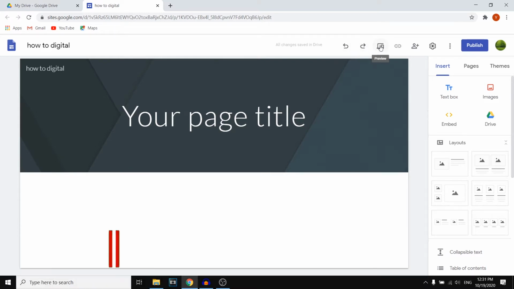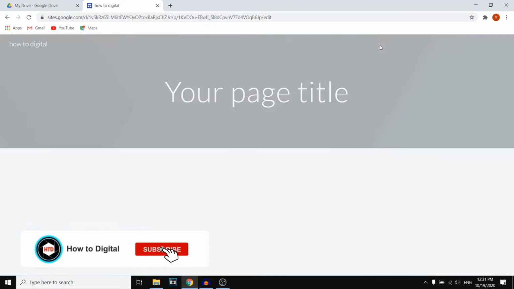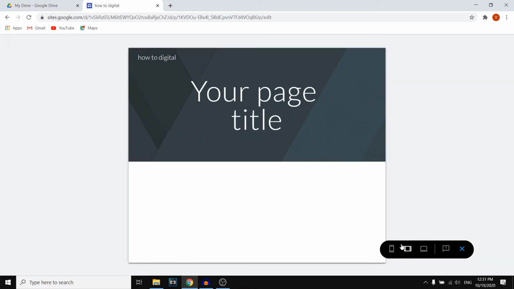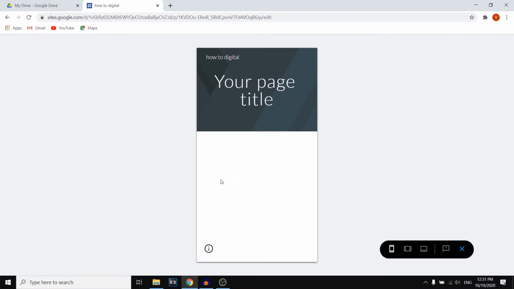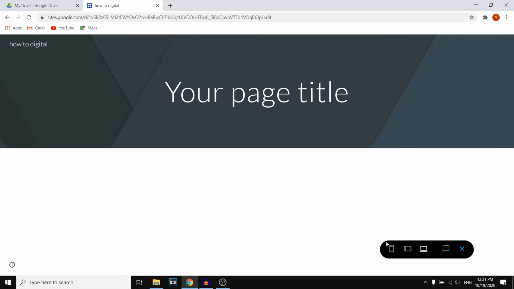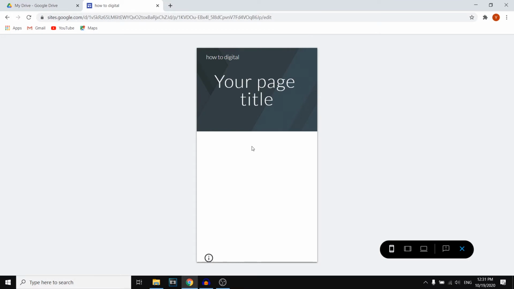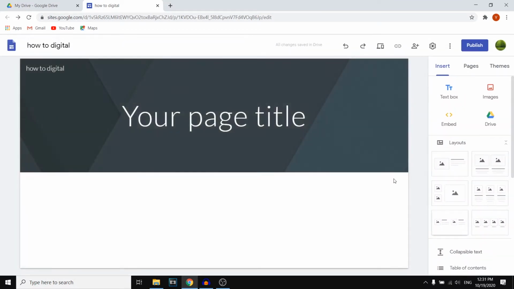Now over here, we've got the preview button. If I click on it, you can see that it will preview your website. So if you want to check up on your website while editing it, while designing, you can do that. What you can also do is go into phone mode or tablet mode, meaning that you can see what it looks like on your phone, tablet, and a large screen as well. So this is what it will look like on a laptop, this is what it looks like on a tablet, and this is what it looks like on your phone. As of right now, this is an empty website, so I'm going to exit the preview, but I'll show you later on in the video as well.